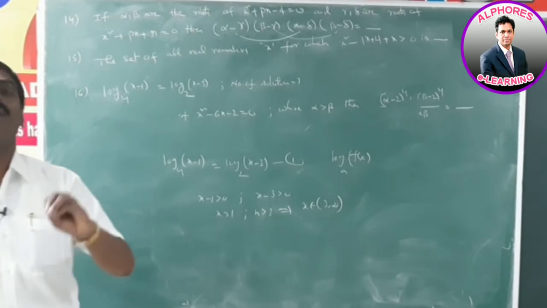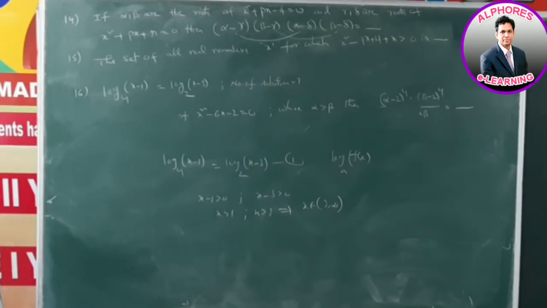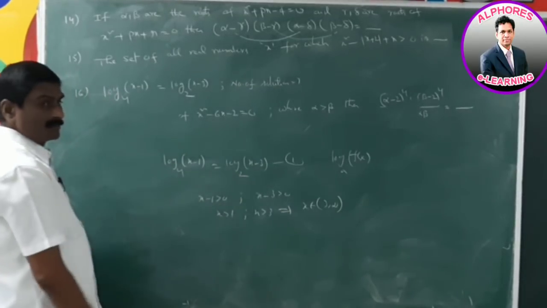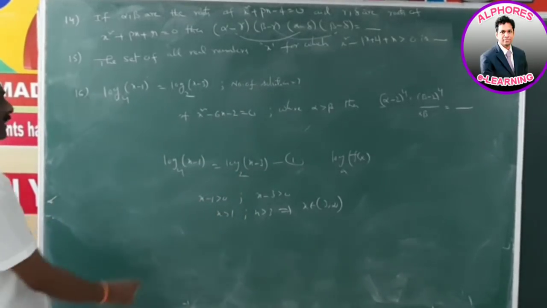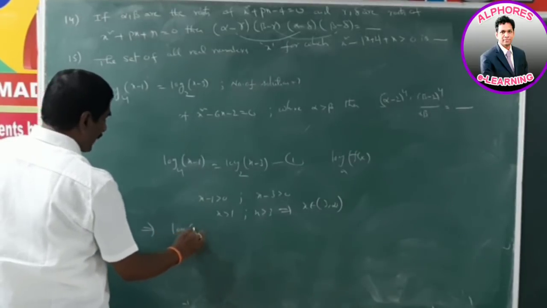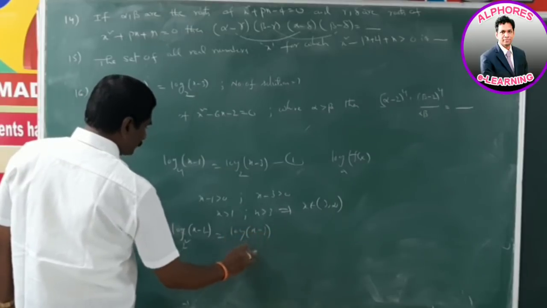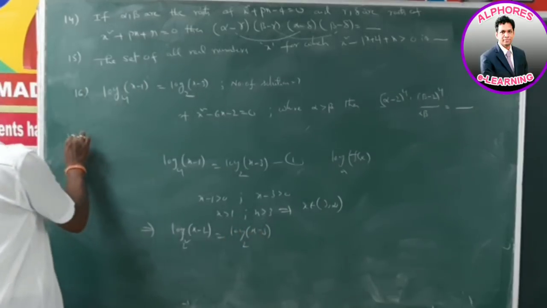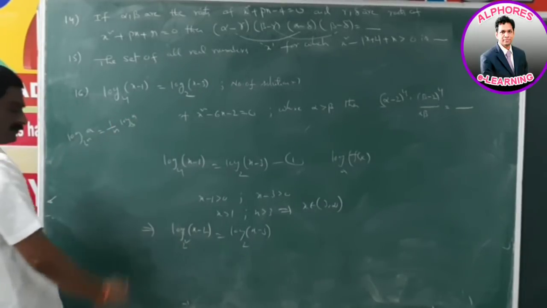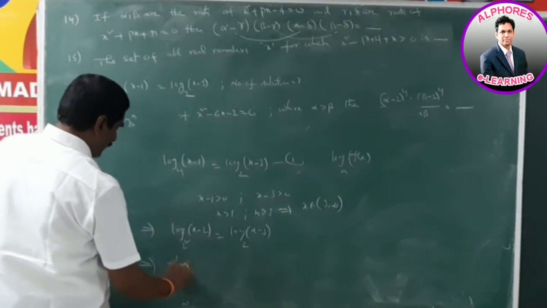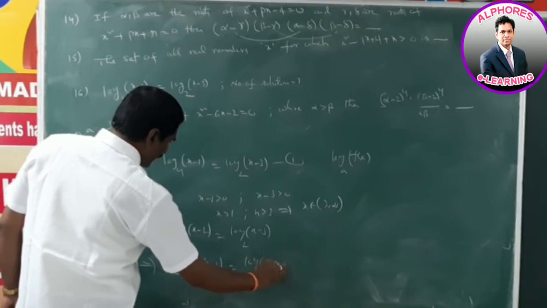First, we find the domain of the given equation when logarithmic functions are given. Okay. Next, here base 2, here base 4. We reduce to equal bases in the given equation. So base 4 can be reduced into log of x minus 1 base 2 square is equal to log of x minus 3 base 2. Log of a base b power n is equal to 1 by n into log a base b. So it can be reduced into 1 by 2 into log of x minus 2 base 2 is equal to log of x minus 3 base 2.